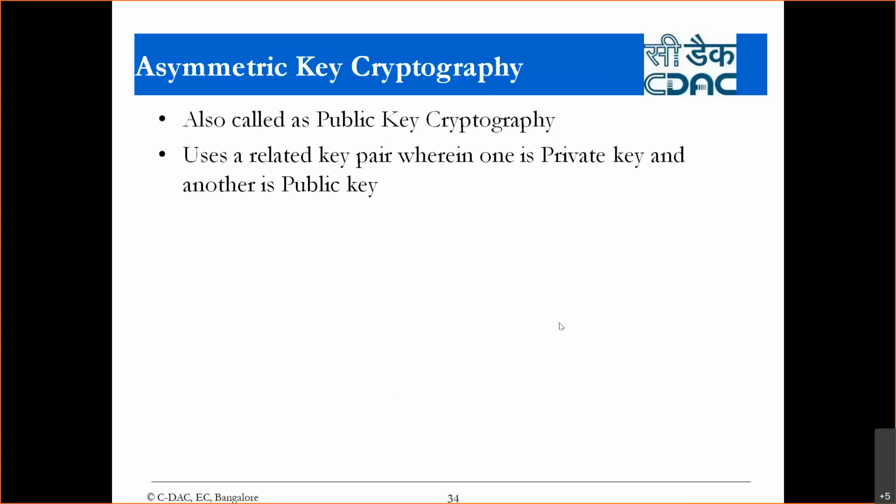So you have not seen. Anyone else? Please let me know. Have you seen such kind of lock wherein two keys are required? One key for locking, second key for unlocking. Have you seen such kind of lock? Okay, one answer I have got, no.